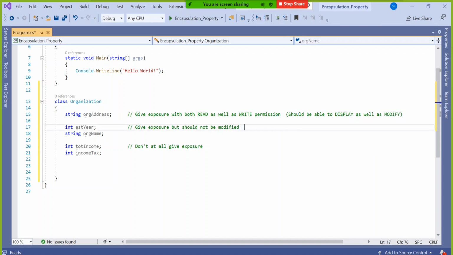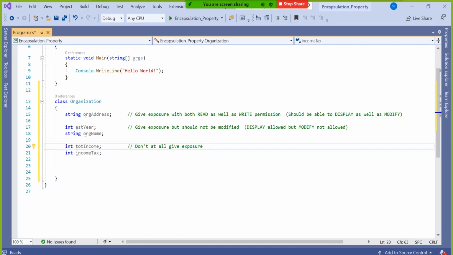Here I am saying display allowed, but modification not allowed. Every bit of knowledge you are getting in object-oriented programming should be towards security. So if you read these three sentences, easily you can say we are going better towards security, data security.